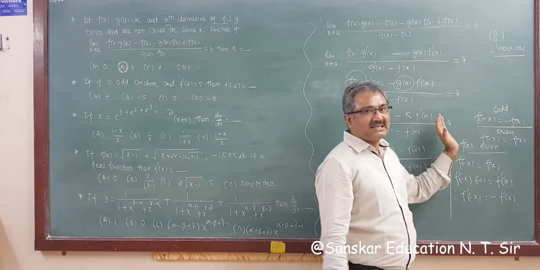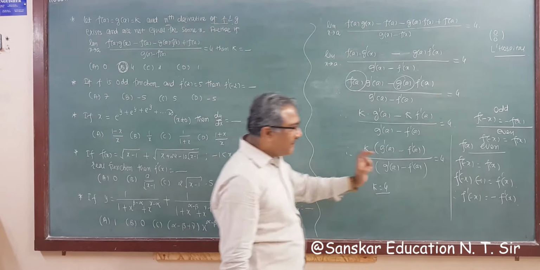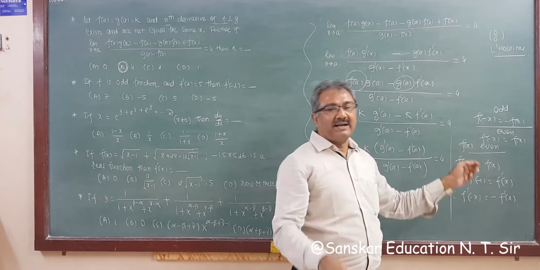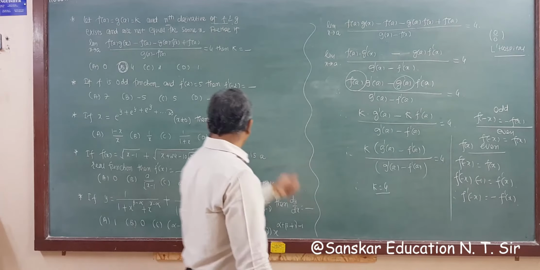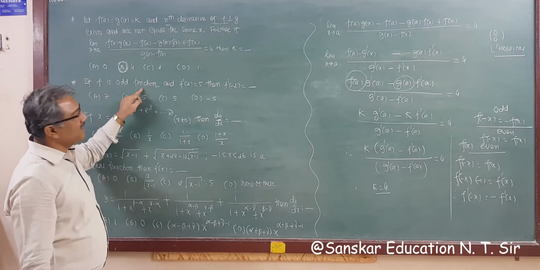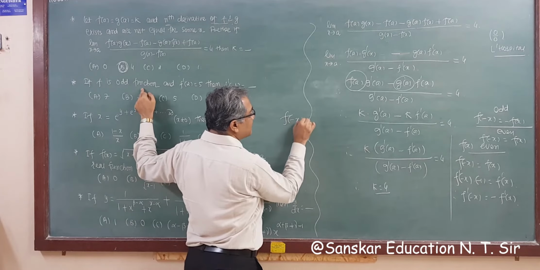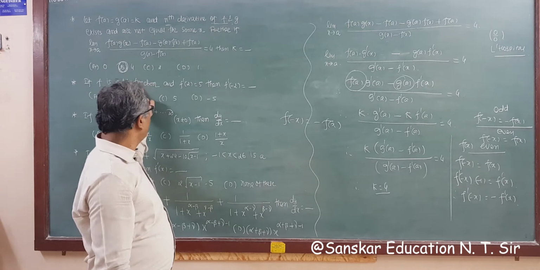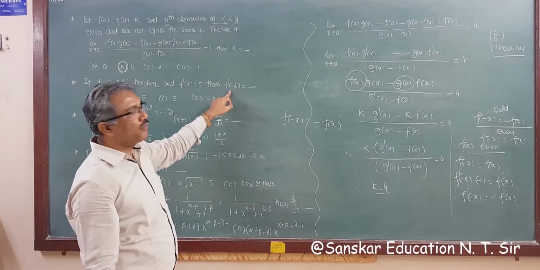So remember this as a formula, right? It's a very useful formula. If f is even, then the derivative f'(x) is odd, and if f is odd, then f'(x) is an even function. So what is given here? f is an odd function. So given that f is odd, that is, f(-x) is equal to -f(x), and f'(2) is equal to 5, then you have to find f'(-2).